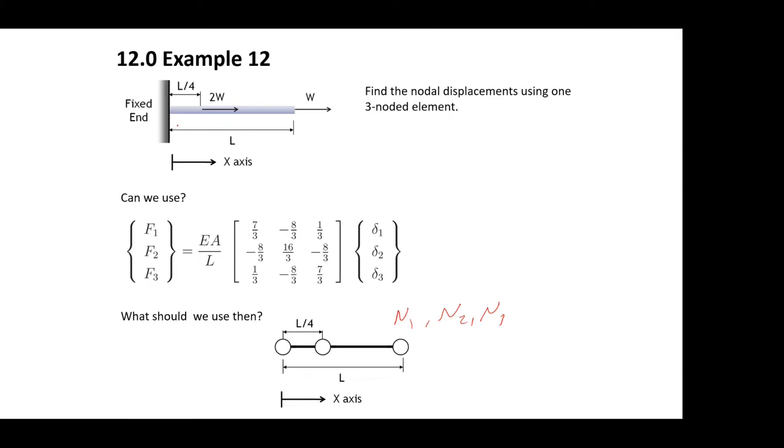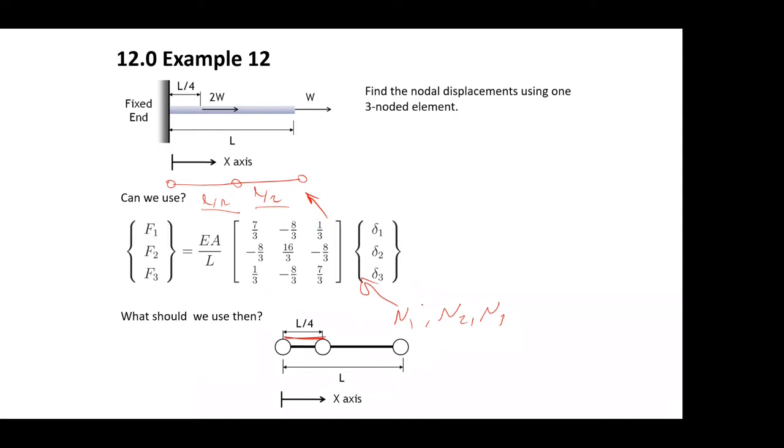As you have all mentioned, we cannot use this 3-noded element to solve this problem, because this is at L/2 and L/2. This is the stiffness matrix that has been derived for this element, and this is not the case here. If you are going to use one 3-noded element, then the second node is at a quarter of the length, so it's right here. It's not the mid-length, where we developed the shape functions and the stiffness matrix in the previous case for an element where L/2 and L/2